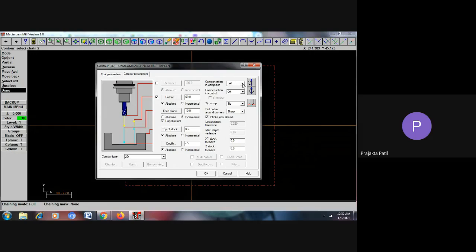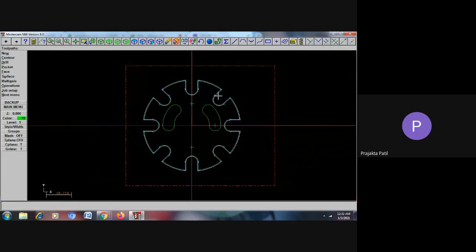Okay. This part is very important. Now I have kept it as left compensation. Okay. I'll change it to right compensation and say OK. So if you see the right compensation option that I have chosen, which I have deliberately done here, you will see that the white color line that is seen here, the selected region, inside that you see this blue color line. That means what? Whatever machining is going to happen, milling is going to take place, it will eat up the material which is there on the outside. So it is going to eat up that extra material, which is not correct. That's not what we want. We want the machining to happen from the outside.